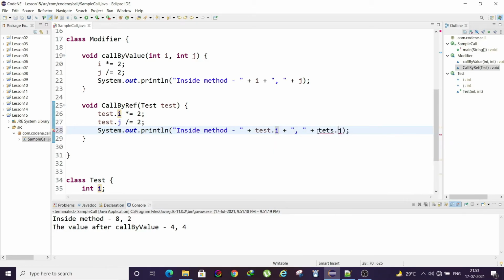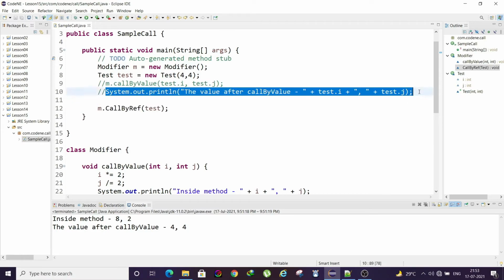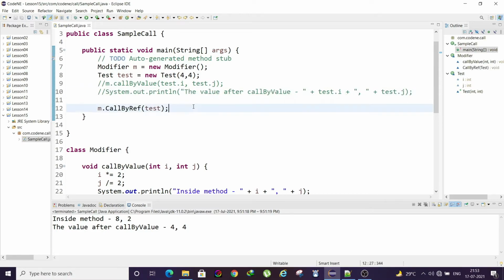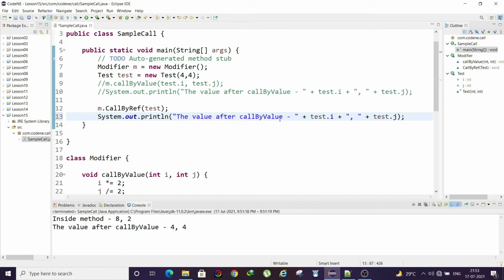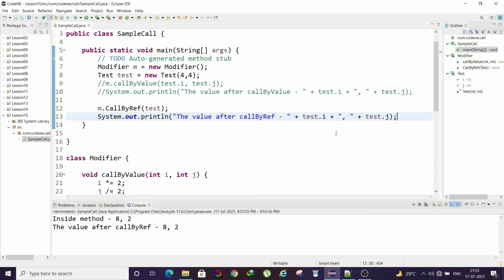Same thing here. Let's make a copy of this as well. Here we'll write call by reference. Now when I run this, I'm getting an output like inside method 8 and 2, which is expected.